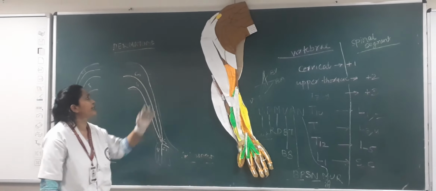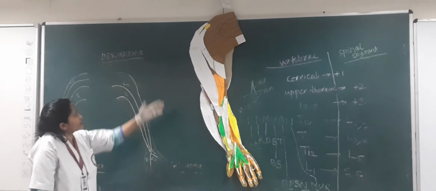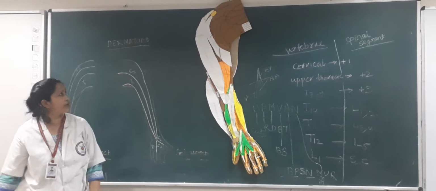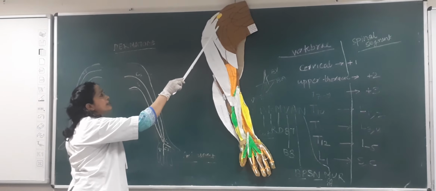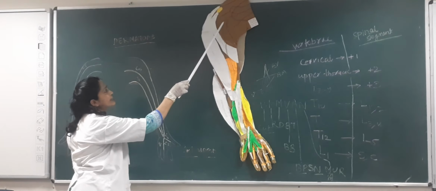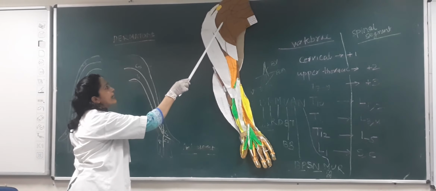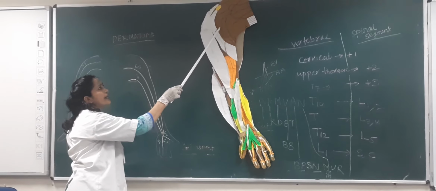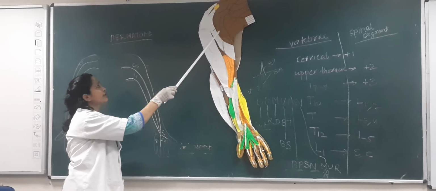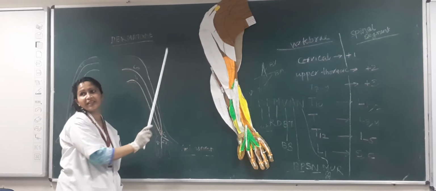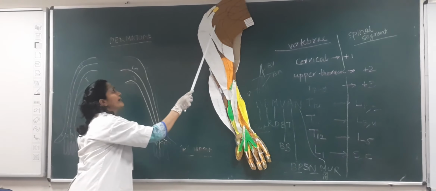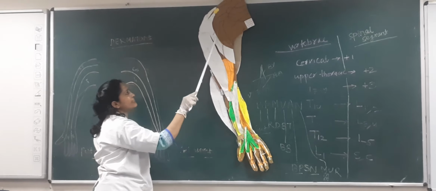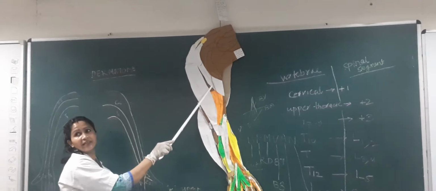Now coming to the nerve of the arm, that is the flexor aspect, the musculocutaneous nerve. It takes its origin and is lateral to the axillary artery in the axilla and then lateral to the brachial artery in the arm, and pierces the coracobrachialis muscle. This you can see here. This is in blue color. This is the musculocutaneous nerve, and it is piercing the coracobrachialis muscle.